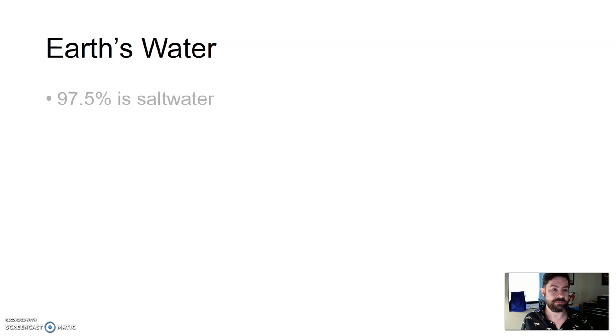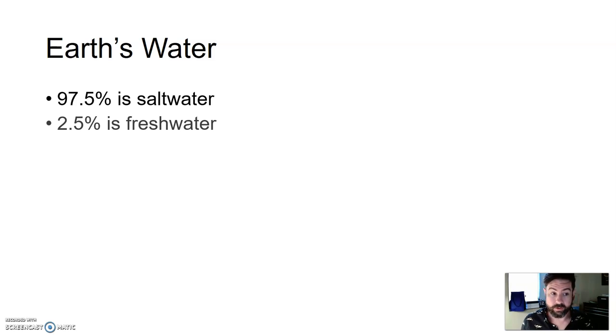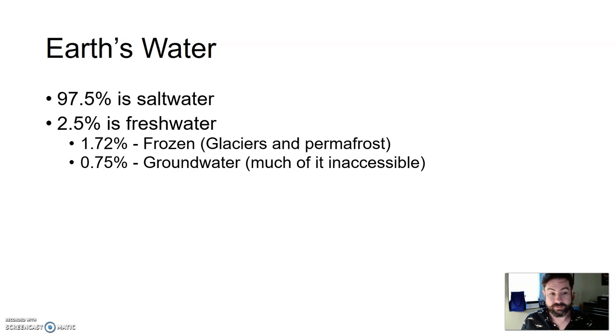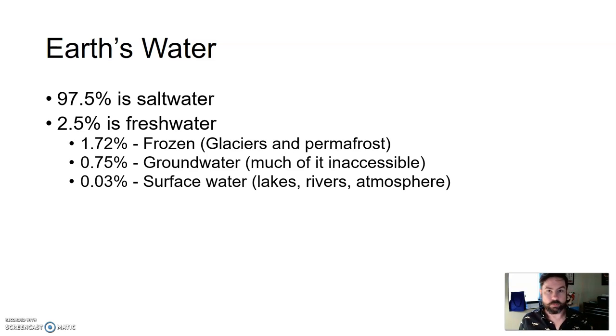Anyway, on that note, again, 97.5% of all of Earth's water is salt water. That includes the ocean and other saline water, leaving only 2% that's fresh water. Of that, 1.2% of Earth's water is frozen, 0.75% is groundwater, much of it inaccessible. We'll tell you, like I said, that's a whole other unit. That leaves about 0.03% surface water. That includes lakes, rivers, atmosphere. Even further breaking down,